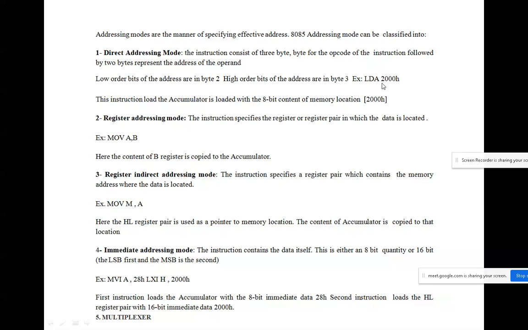The address is given in the instruction itself. So load the accumulator with the content of the address given in the instruction. Okay, so the data at address 2000 will be moved or loaded to the accumulator register. LD stands for load, A for accumulator. So load the accumulator with this address.